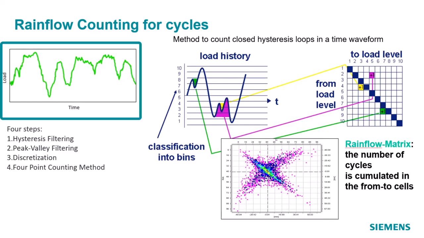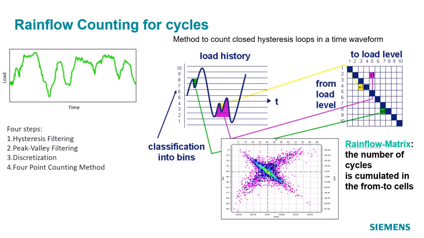In this case, it becomes very important to know what is actually a cycle. Are the small wigglings that happen here a cycle? Or is it the large fluctuation? To know what constitutes a cycle, there is a method called the rainflow counting method. The rainflow counting method can be broken down into these steps. One is called hysteresis filtering. Very small fluctuations can be ignored, and how small is too small, you can determine by controlling a parameter, and you can specify that.